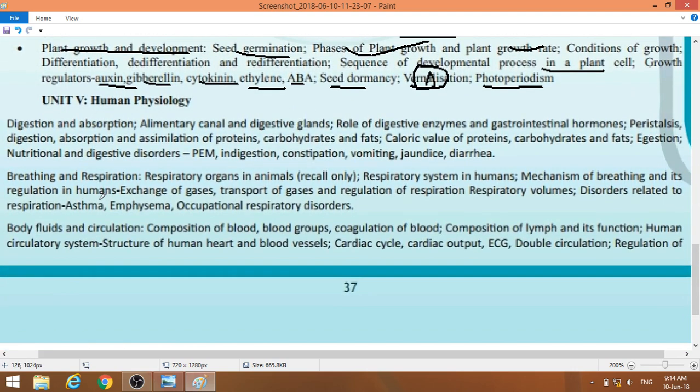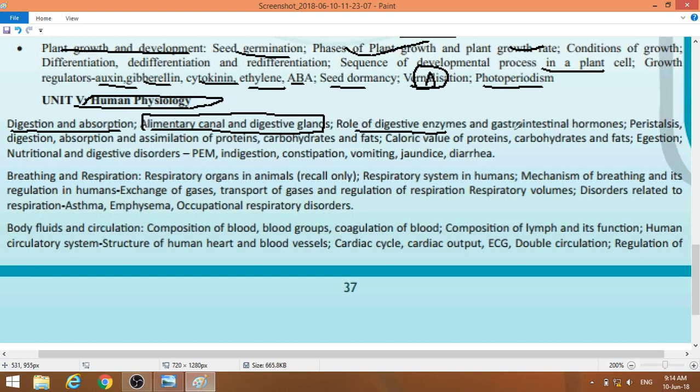Then under the animal section, zoology, you are not going to study the animal, you will study human physiology. This is digestion and absorption, alimentary canal and digestive glands. This is important. Role of digestive enzymes, gastrointestinal hormones, peristalsis, digestion, absorption, assimilation of protein, carbohydrate, fat, how they go